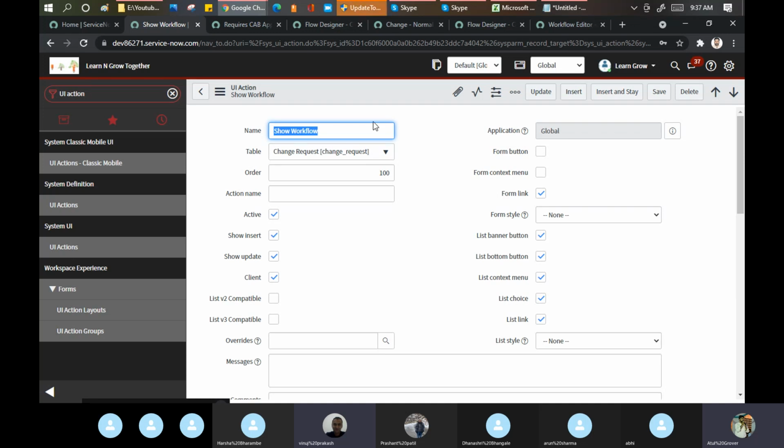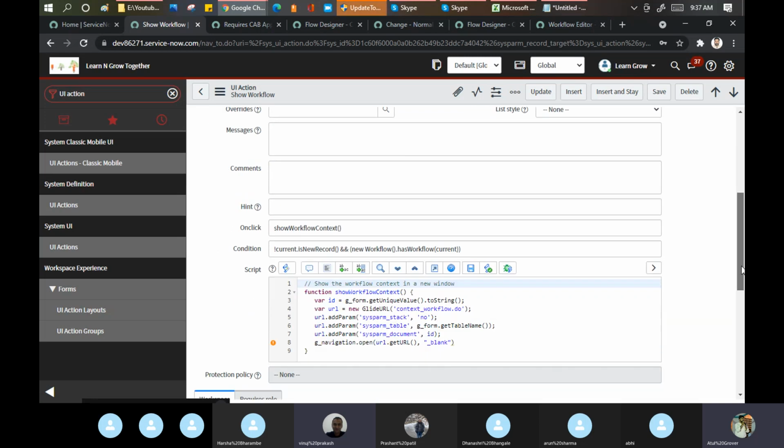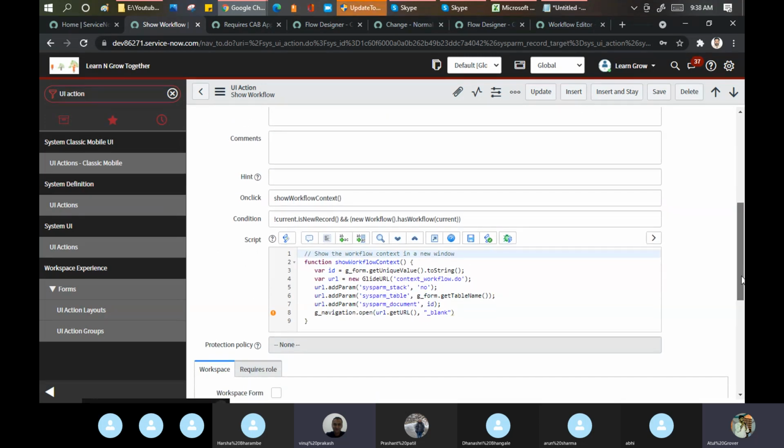Okay, so I guess list link. Let me see what condition they mention. Navigation blank context work to do.